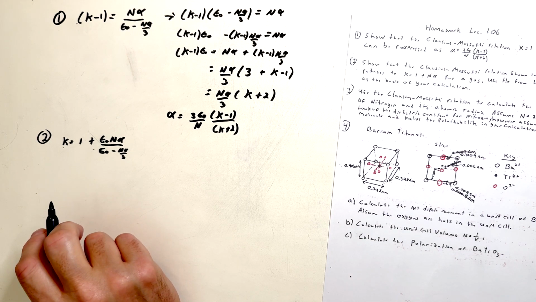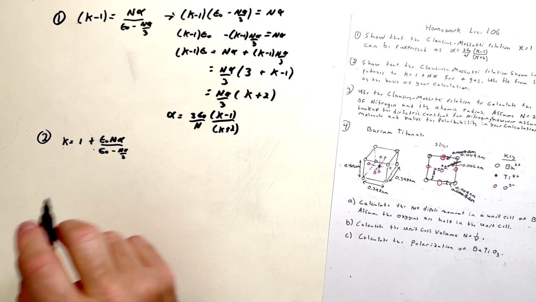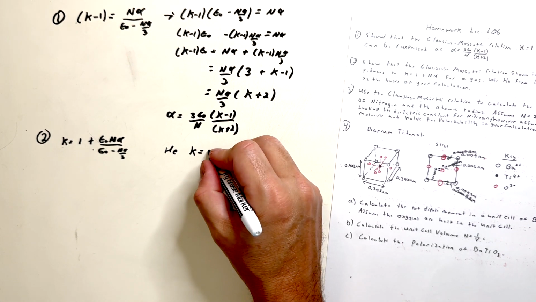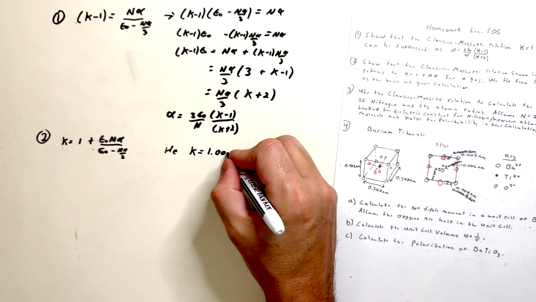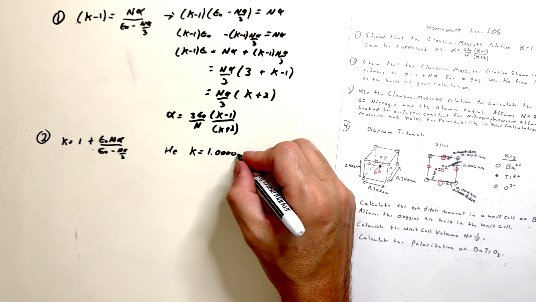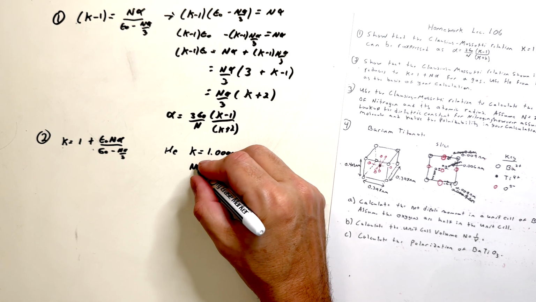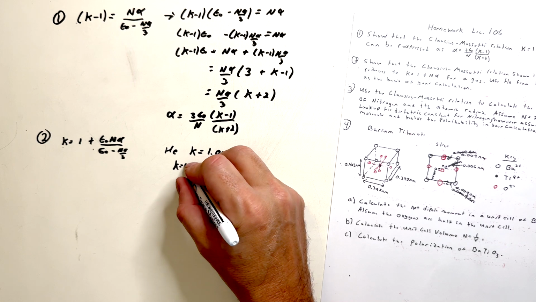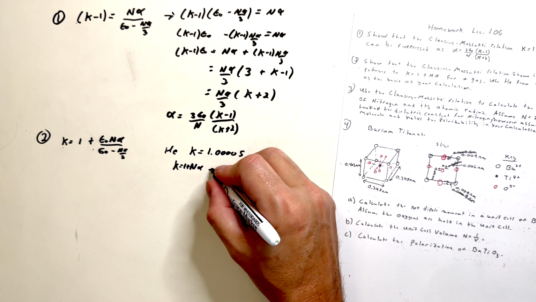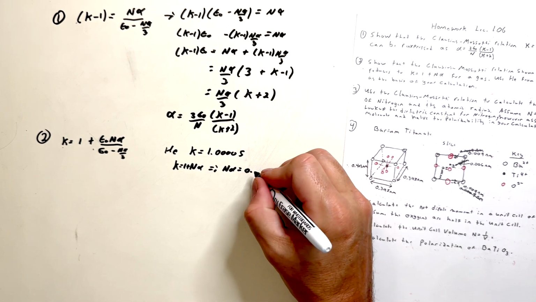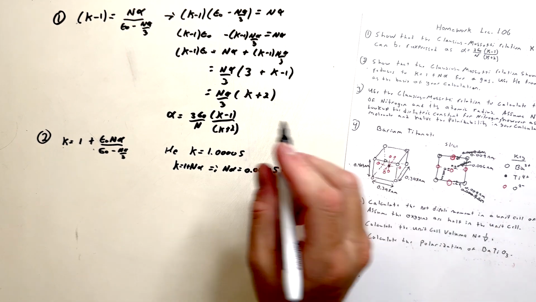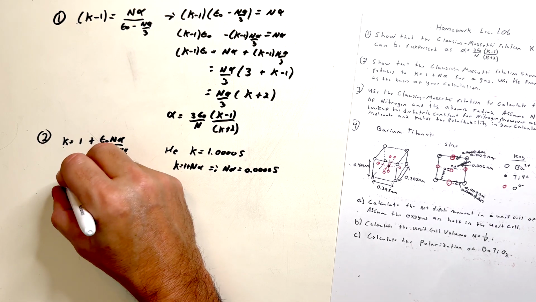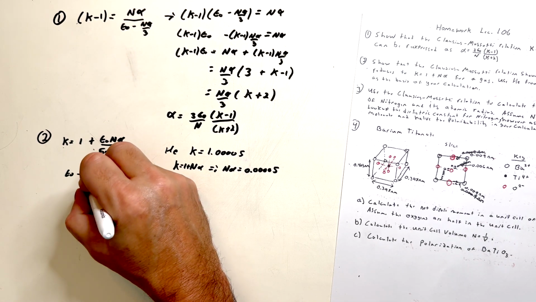And from lecture 105, we were given that for helium, kappa was equal to 1.00005, which means that n alpha, because in that lecture it said that kappa was equal to 1 plus n alpha, is just equal to 0.00005. Well, if that's the case, then the denominator here, epsilon naught minus n alpha over 3, is going to